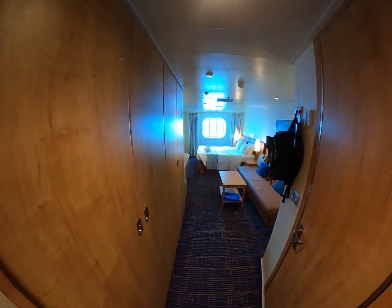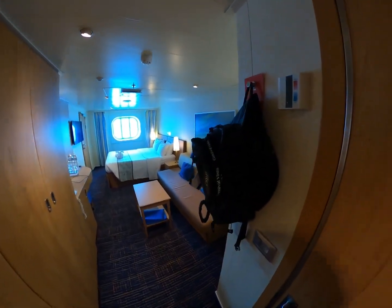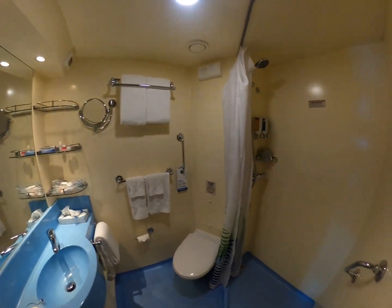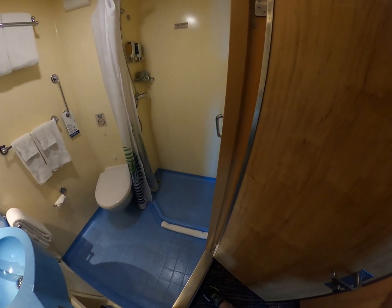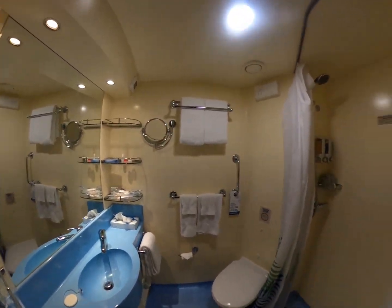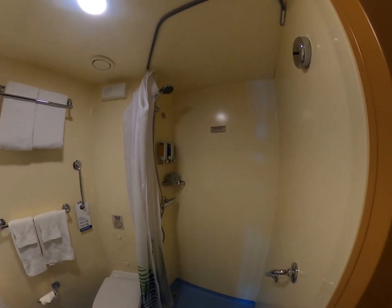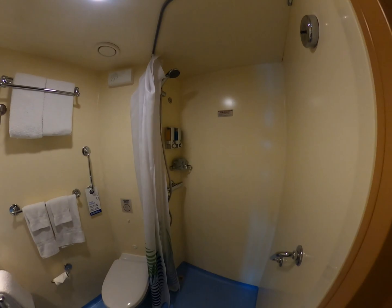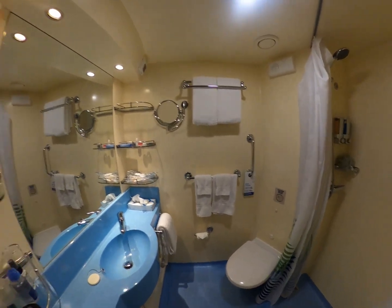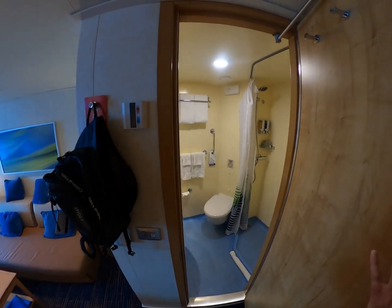Alright guys, so as you enter into the cabin, on your immediate right is the bathroom with your standard cruise setup with the shower, toilet, sink, and if you notice, the shower has the built-in shampoo and shower gel dispensers with the adjustable shower head. Unfortunately, it does have the curtain, but as you can see, it's very functional. So stepping back out,